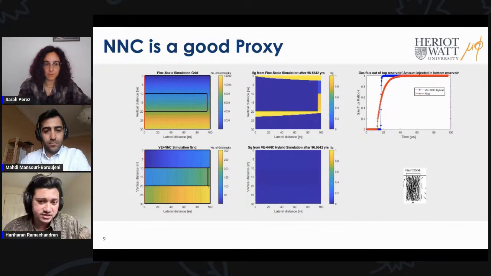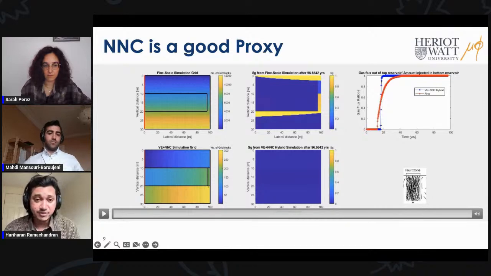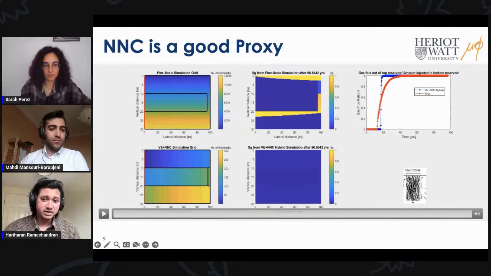Now there are two directions in which this research can be taken forward. One of the reasons for this mismatch is that the transfer functions are simplified. This is the reason for future investigation, where the flux through the NNC is strongly coupled to the transfer function between the VE grid and NNC grid. Currently, for this work, I've used a very simplified approach where I've only taken the reservoir permeability into account. If we add a more physically representative transfer function, for example including the capillary pressure or relative permeability, that will greatly enhance these comparisons. So we can also scale the capillary entry pressure and the relative permeability endpoints. So that's one way to take this forward.